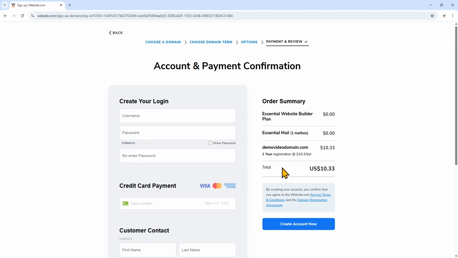Now let's enter the contact and payment information and then create the account.